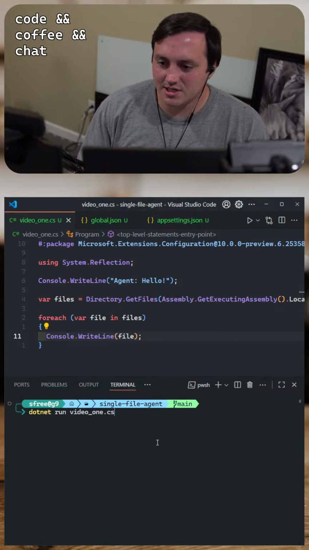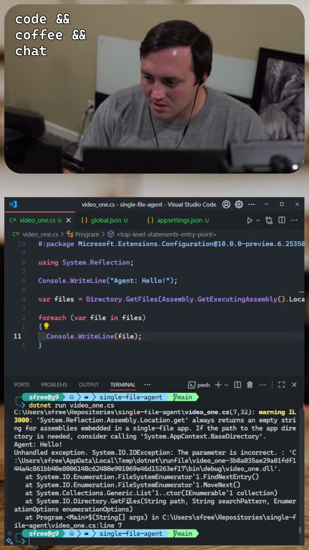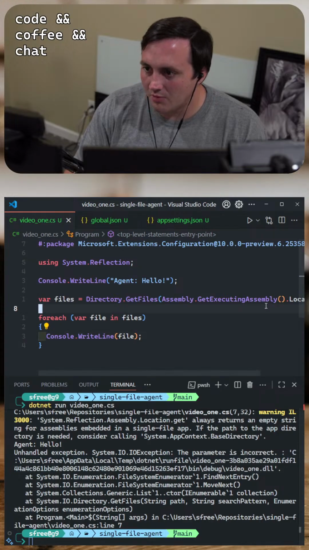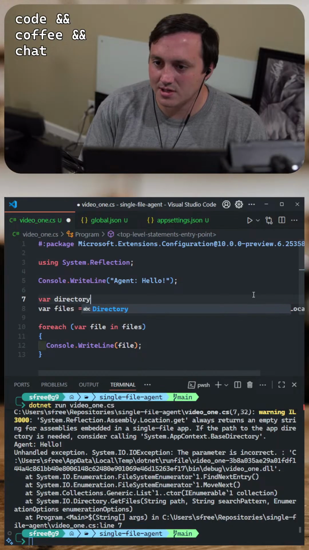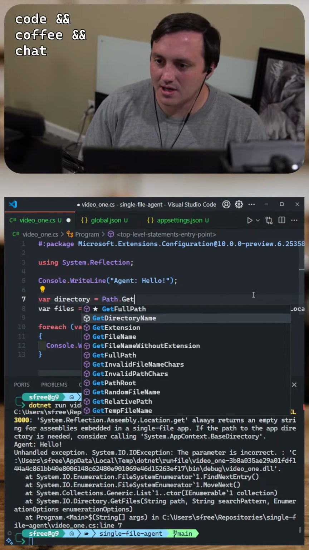I'm just curious where this is running and what all is there where it's running. Let's see, the parameter is incorrect. Oh, because I need to get the var directory equals Path.GetDirectoryName.